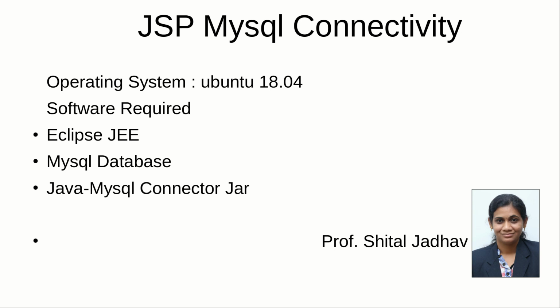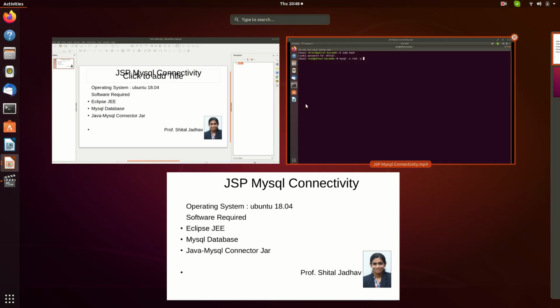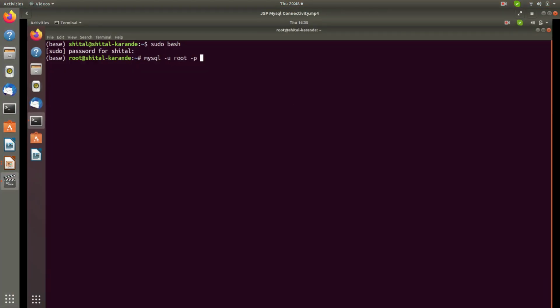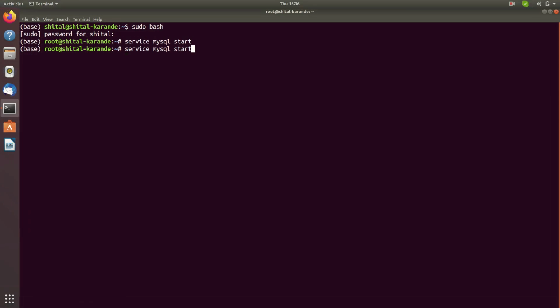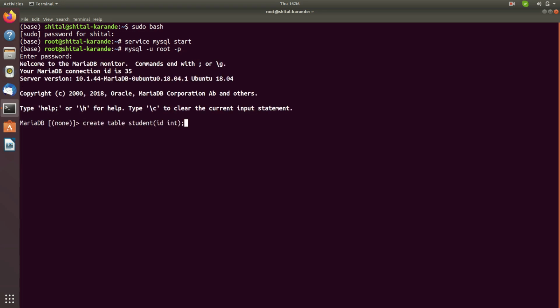I am explaining you JSP MySQL connectivity. The software required for this is the MySQL database and Eclipse Enterprise Edition, and I am performing this on the Ubuntu operating system. As you have studied this in the database also, to start the MySQL you have to be a root user, you have to start the MySQL service,